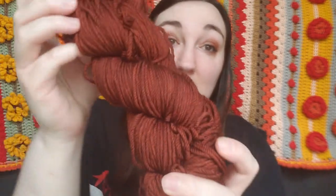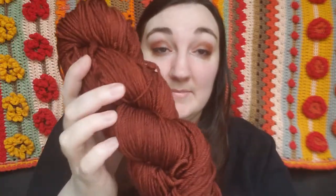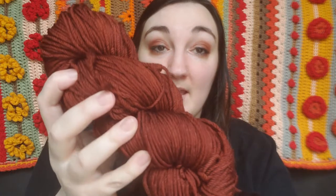So I had a leftover skein of yarn that I'd already used as a yarn mop, and it was kind of like a mauve color from a previous, basically a dump of all of the dye that I had left over, and it ended up being a mauve color. And then I dumped this into the pot that had this color to soak up some extra, and it gave me this